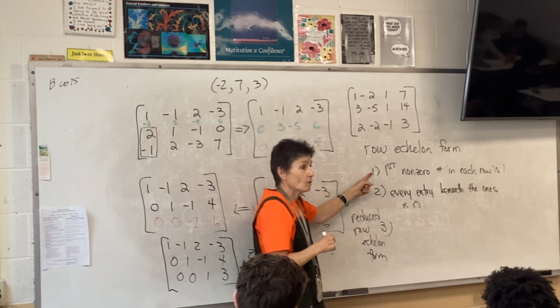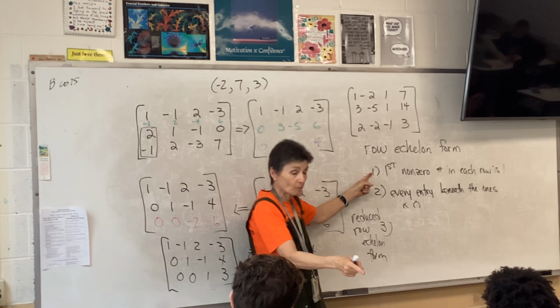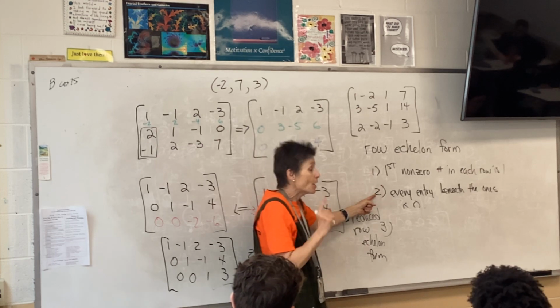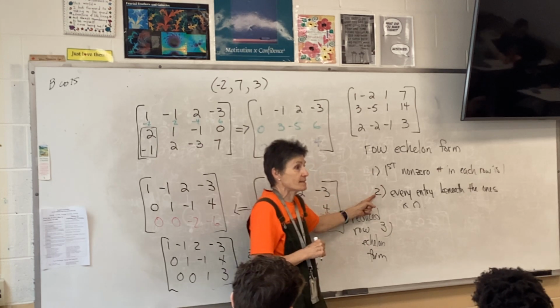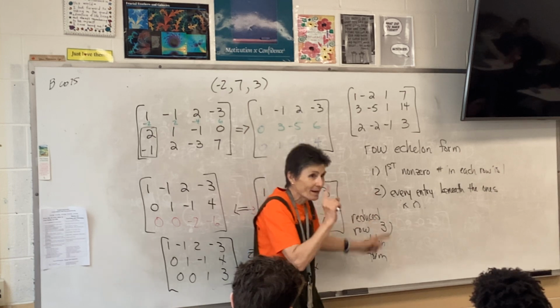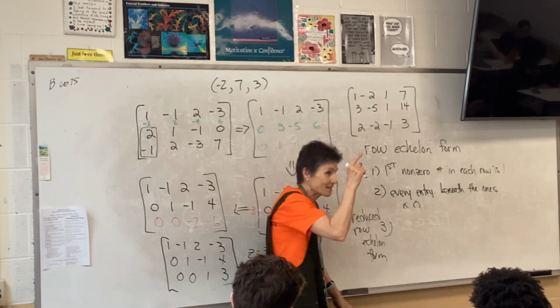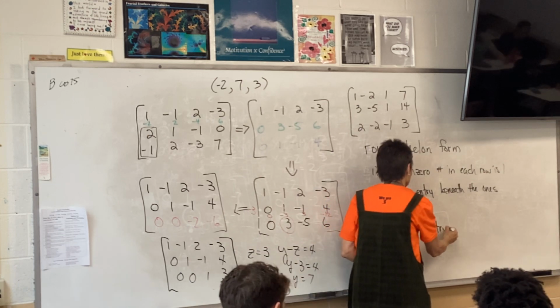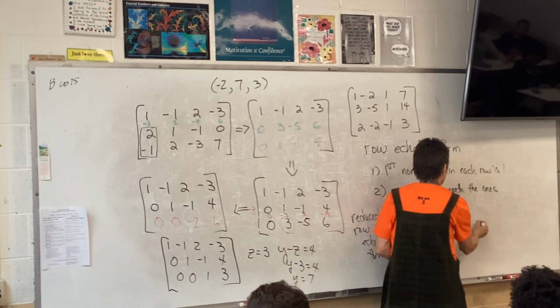First number in every row that isn't a 0 is a 1. Look at your calculator right now, isn't that true? Everything under those 1s is a 0. But what else? Everything above the 1s is a 0. So it's the same equation, but